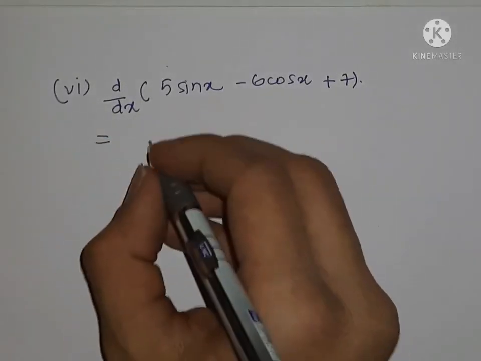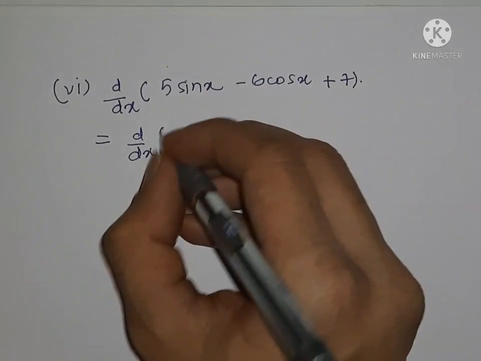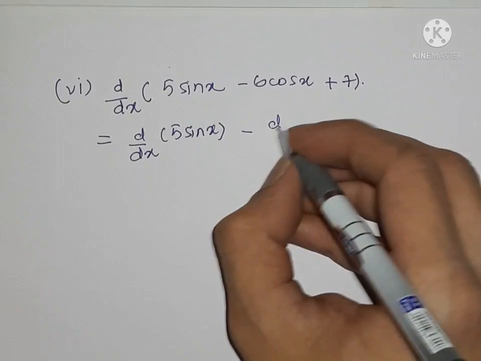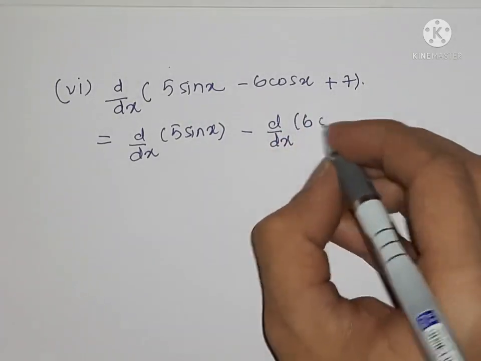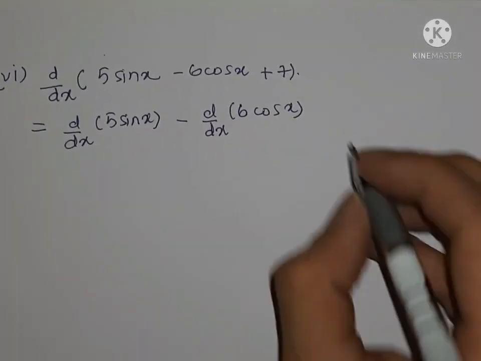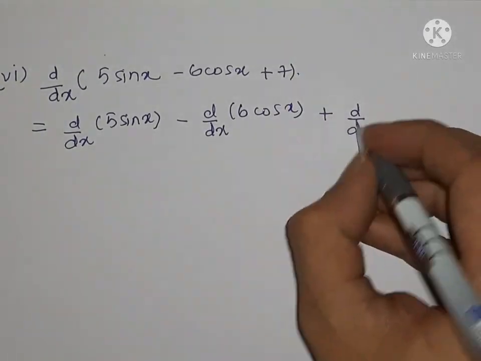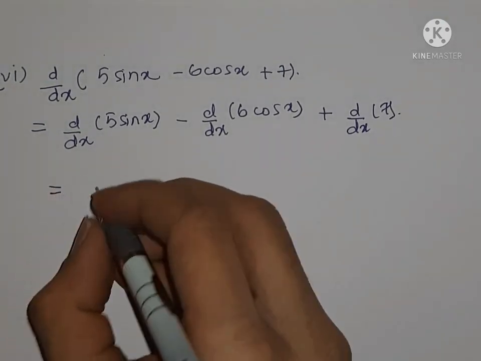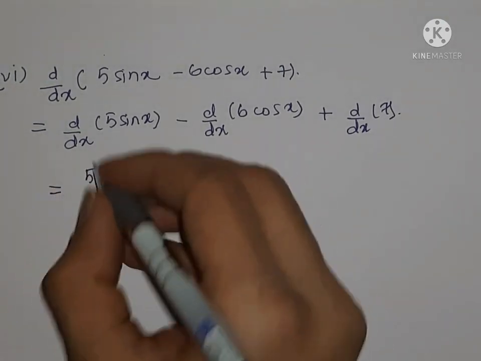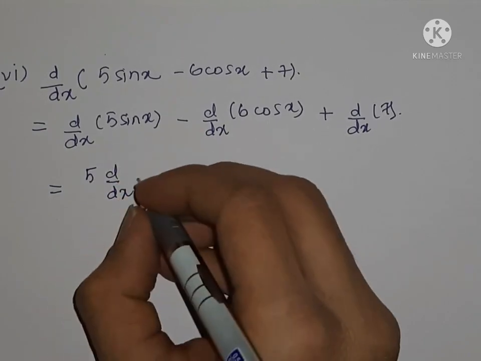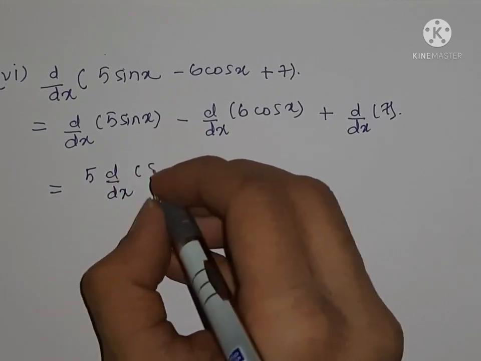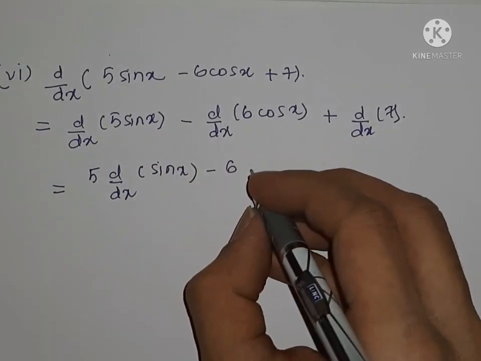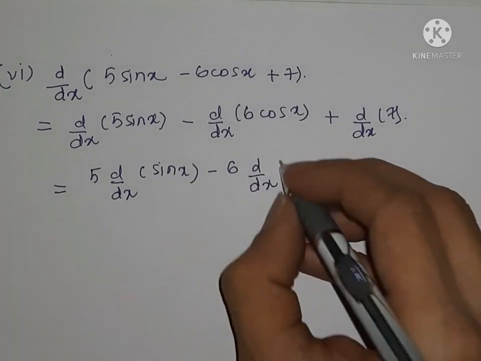Okay, so this is equal to nothing but derivative of 5 sin x, then minus derivative of 6 cos x and plus derivative of 7. Okay, so this is equal to what? This 5 is a constant, it will come out of the derivative, so 5 times derivative of sin x, then minus, this 6 is a constant, it will come out of the derivative, so 6 times derivative of cos x,